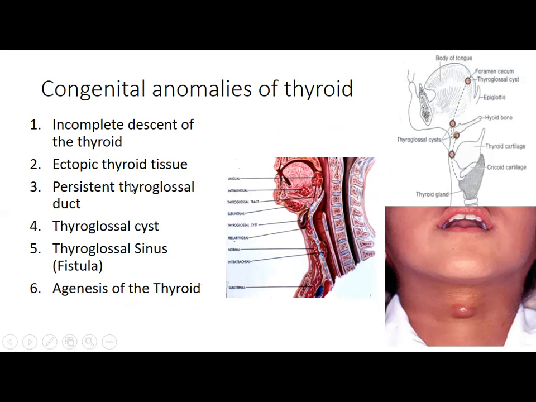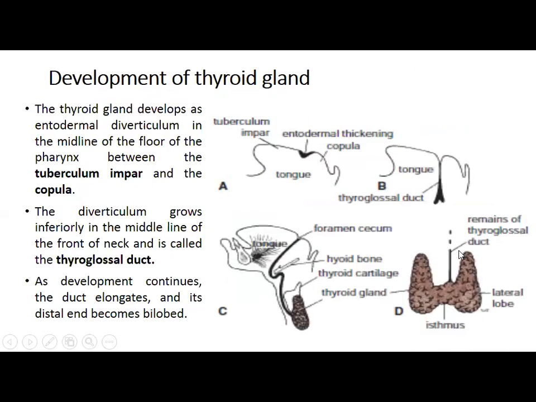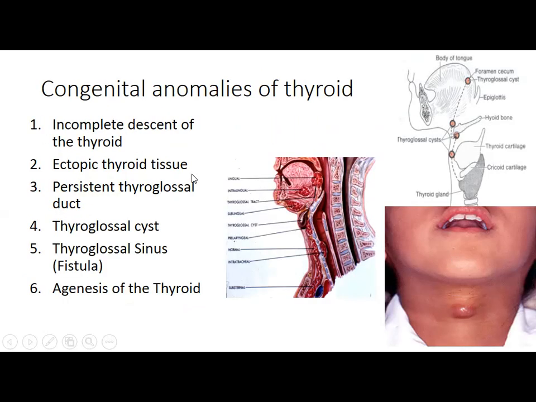Sometimes there can be a persistent thyroglossal duct. As I said before, the thyroglossal duct disappears totally and remains only as a remnant. Sometimes it might remain persistent throughout. Sometimes a part of this duct might remain as a cyst. These are called thyroglossal cysts on the path. So you can see this is the thyroglossal cyst on the path. Sometimes they remain as small swellings in this path.